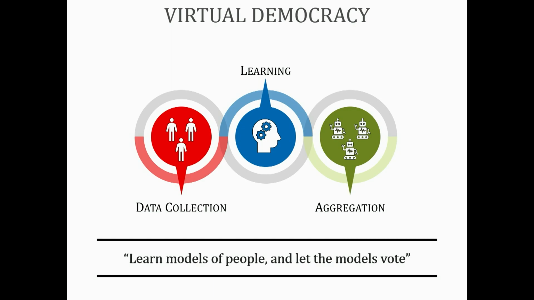Okay. Questions so far? Good. Do you ever get enough data where you can actually make the decision in real time rather than trying to get everybody to vote every time on what needs to be done? I am making the decisions in real time. I collect data from you once, and then I build a model for you that I will use in real time. Perhaps, hopefully this becomes clear as we go. Okay? But these are the 3 steps of virtual democracy.